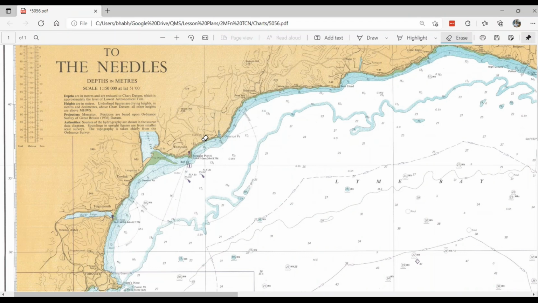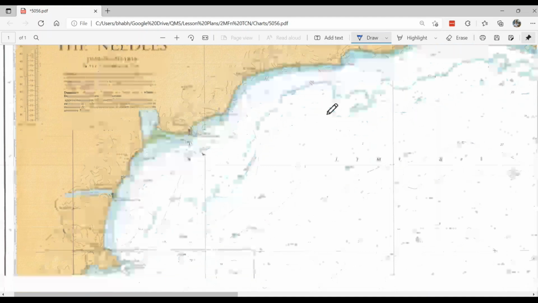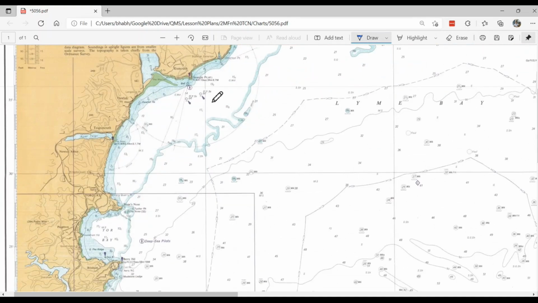Okay, now tell me one thing, beta. If you are steering 120 and a lighthouse is right astern of you, what will be the bearing? सर 120 से opposite हो जाएगी. Very good. 300. It will be 300. So first thing what I'm going to do is from straight point, I'm going to draw a PL. This is my PL for 1400 and it is in the direction of 300. So ये 300 की मेरी PL आ गई है,